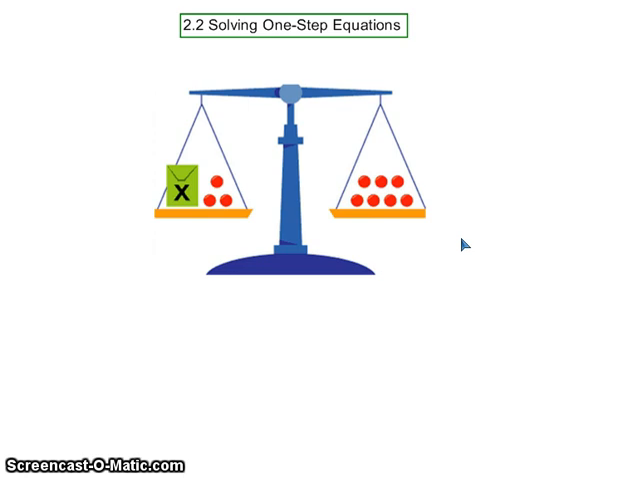Take a look at this balance. What would go in the envelope marked X? If you said 4, you're correct. In order to keep this balanced, we have 7 marbles on this side. We have 3 outside of the envelope, so we would need to have 4 inside the envelope to have 7